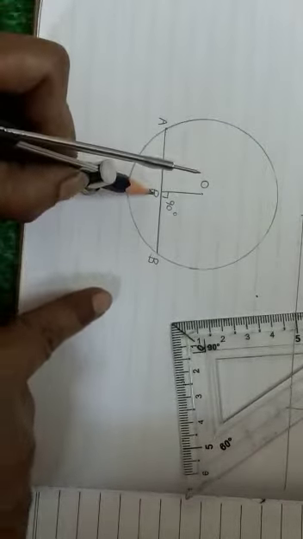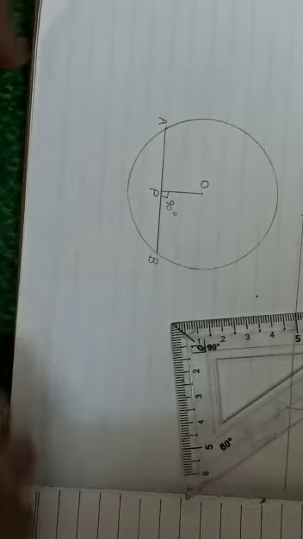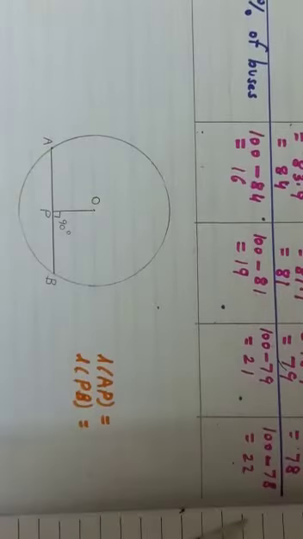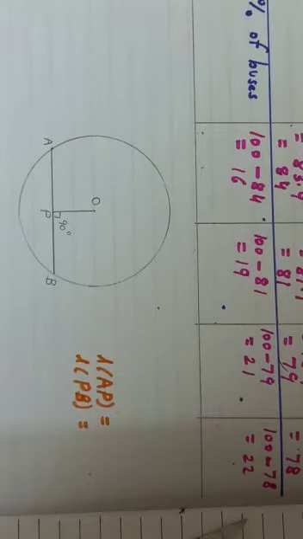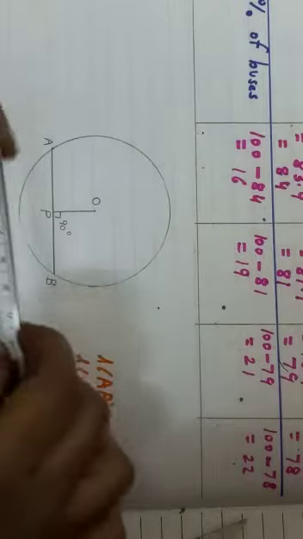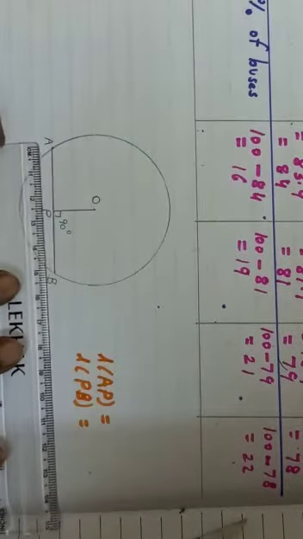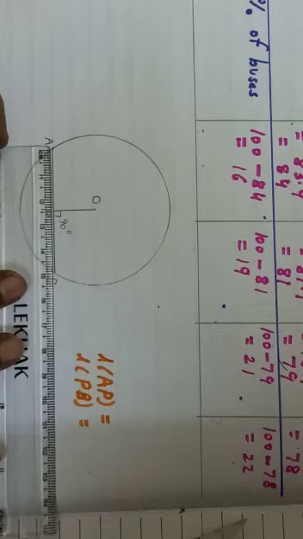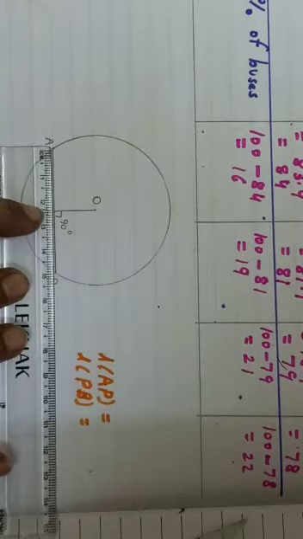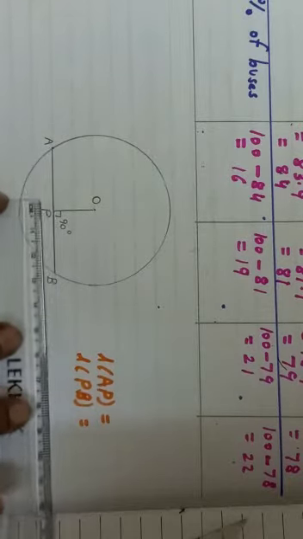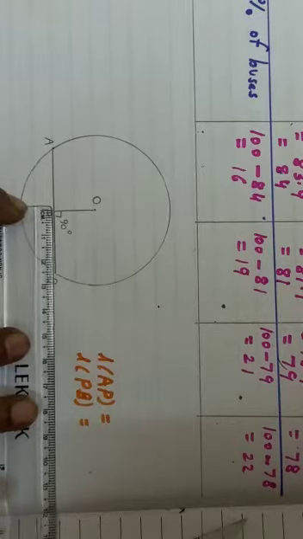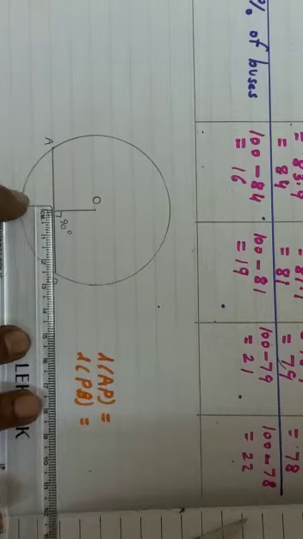Now what they have said is to measure AP and PB. Now I have to measure the length of AP and the length of PB. So I will use the scale. They have said to measure the length of segment AP. See, you can see it for yourself. Here exactly we have to place it, see this point, from here to here this is 2.5, and here also, from here till here, this is 2.5.